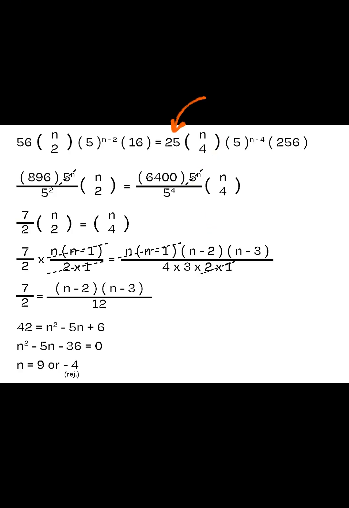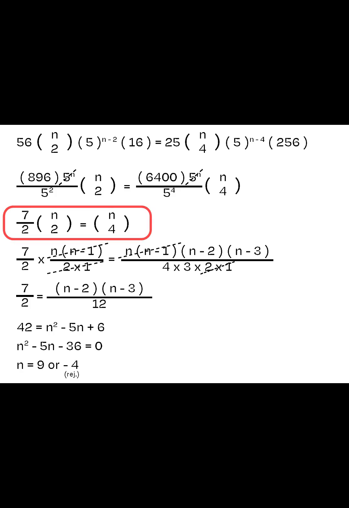Then I take 25 multiplied by 256, and I will get the numerator 6,400. Why I do this is because I will have a 5 to the power n on the left, and then another 5 to the power n on the right, which I can simply cancel out. So I can get rid of this annoying term once and for all. Then I pressed in the calculator to simplify the big fraction. Now I have consolidated all the terms into just a very simple expression, which is 7 over 2,